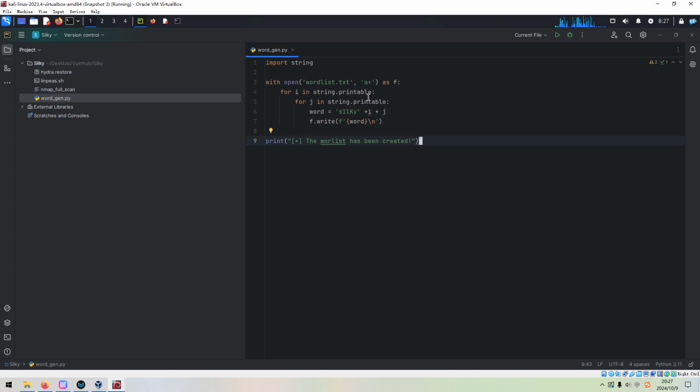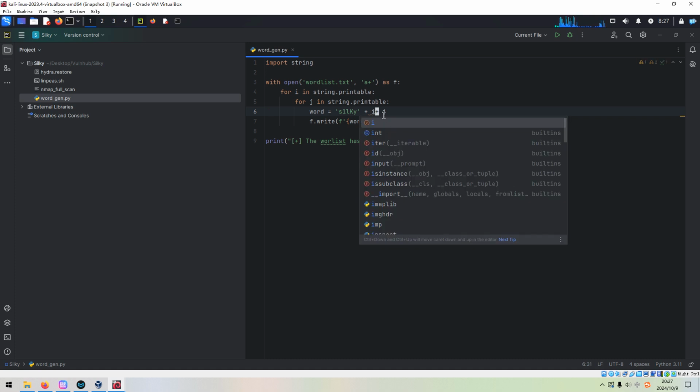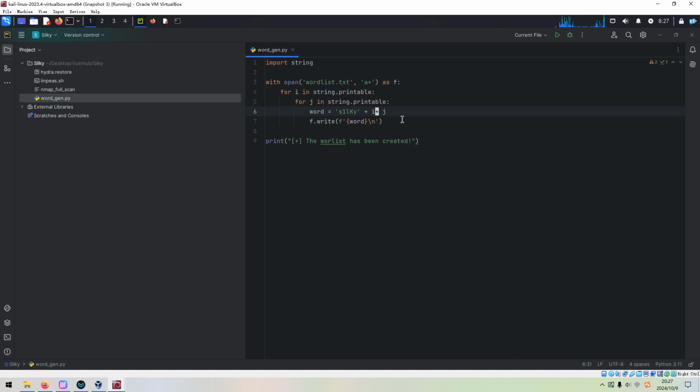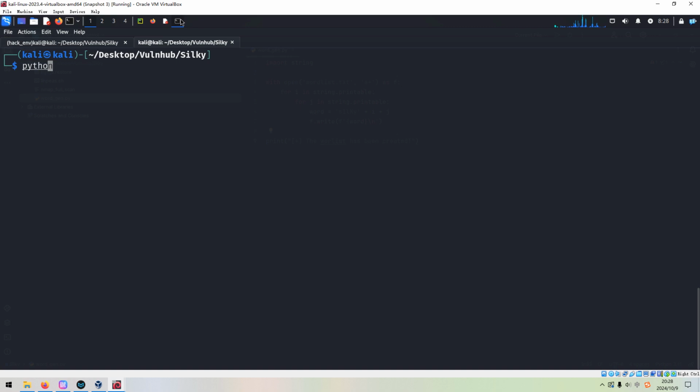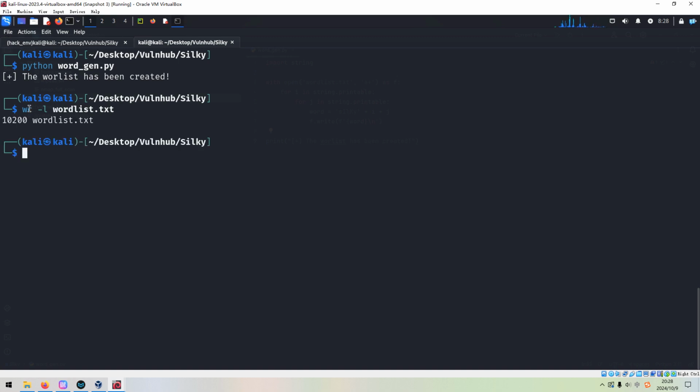For i in printable, let me make a check. Okay, now let's run it to see whether we have an error or not. We run Python word. So the word list has been created successfully, and there are 10,200 words in total.